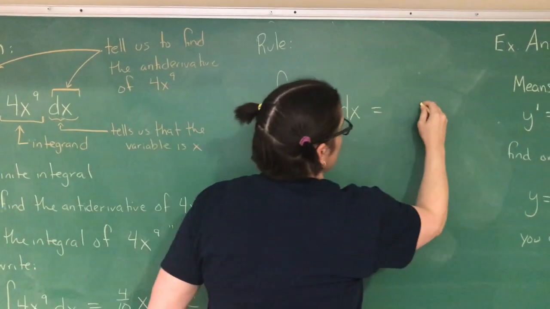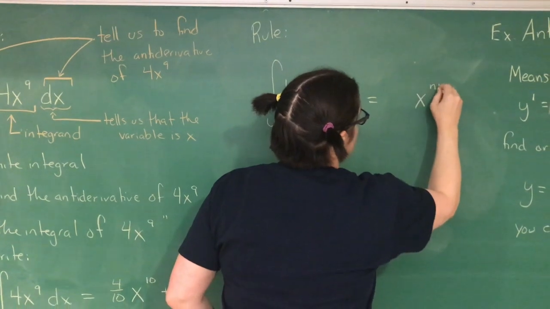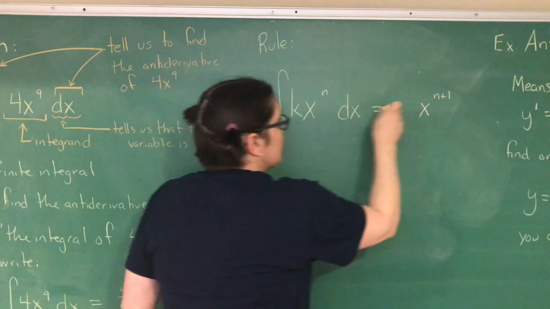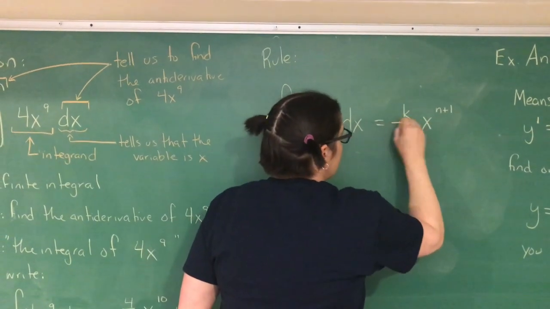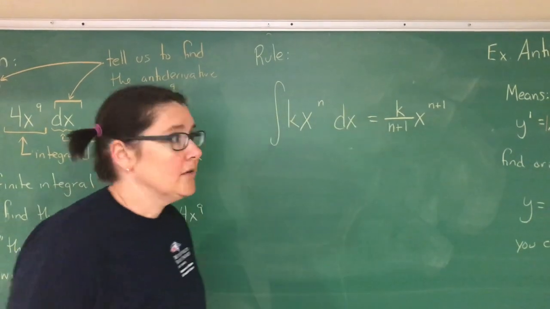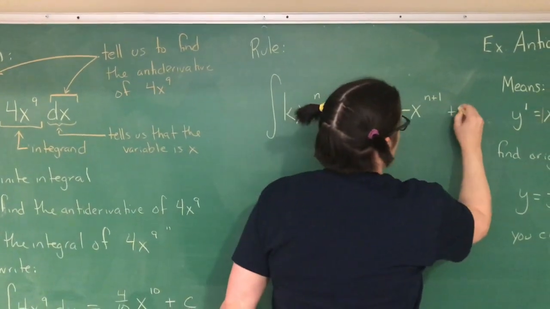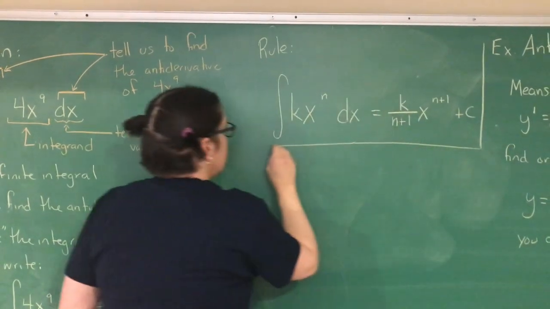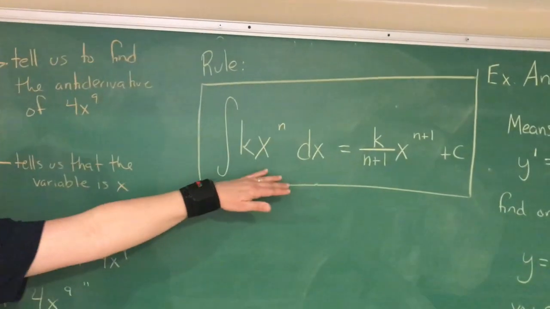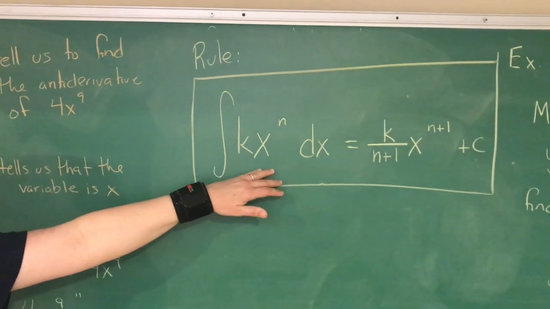Our steps are add 1 to the power, so now I have x to the n plus 1, and whatever the number was in front, I divide that by the new power, and then I add on a plus c. So for those of you that prefer formulas rather than step-by-step processes, here's your antiderivative rule for